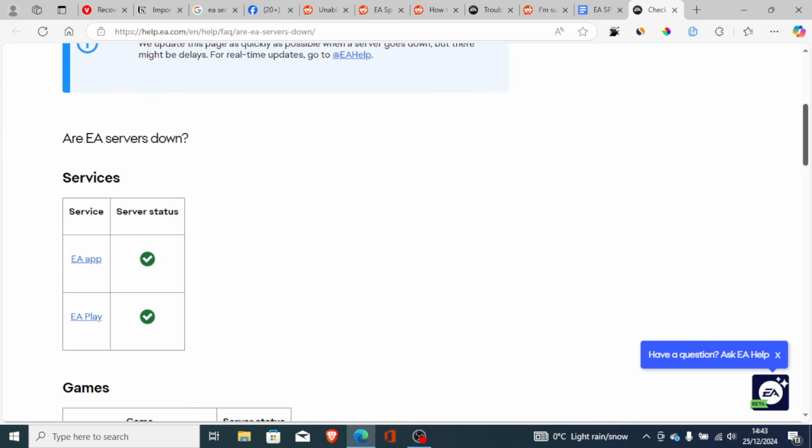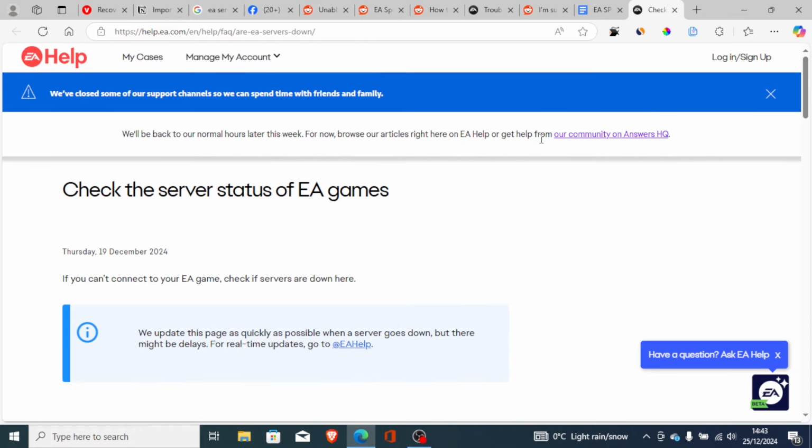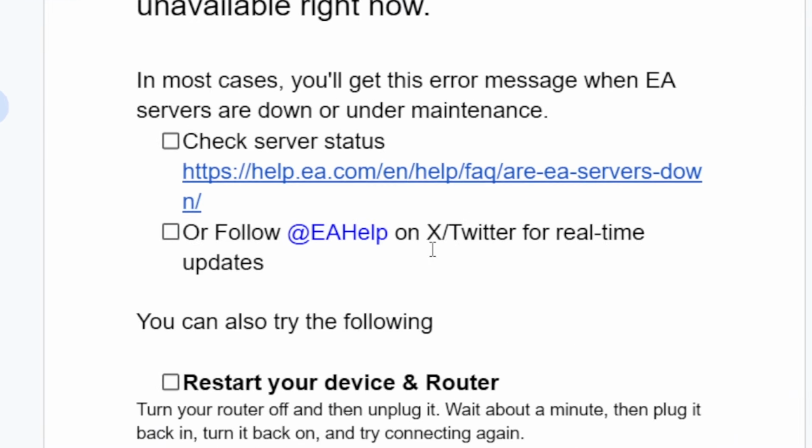As you can see, right now EA servers are all running. The server status is all good. So I'll leave the link in the description so that you can check the server status for EA games, including Football Club 25. Also, you can follow EA Help on X or Twitter for real-time updates